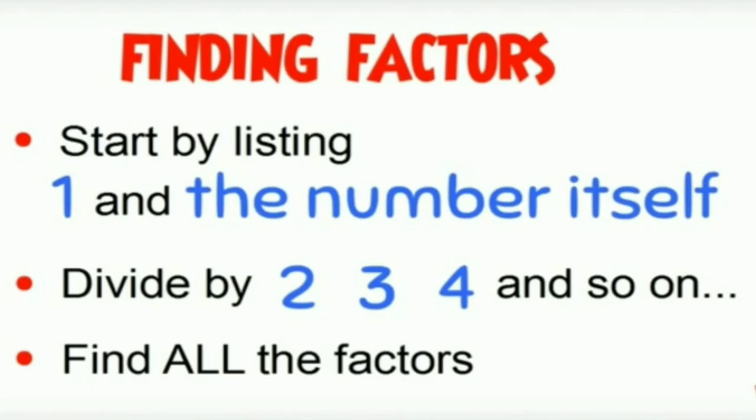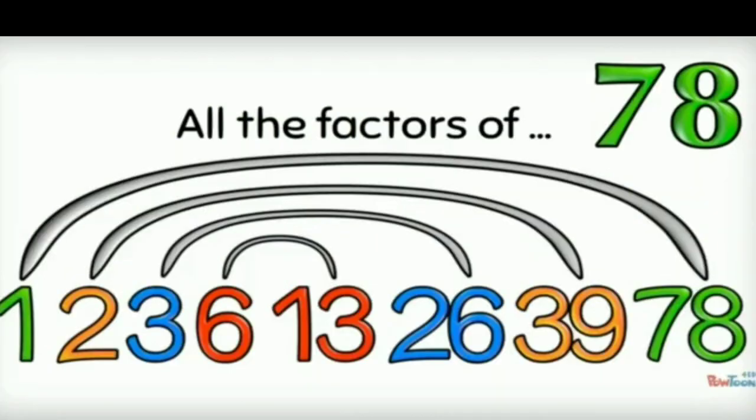We have taken examples earlier also. Let us revise with the example of 78. First of all, divide 78 by 1. We found that the remainder comes out to be 0 and the factors here are 1 and 78. Then divide by 2. After division by 2, we found that the quotient is 39, remainder is 0. So, the factors of 78 in terms of 2 are 2 and 39. Next, divide with the table of 3. If you divide by 3, the factors come out to be 3 and 26.